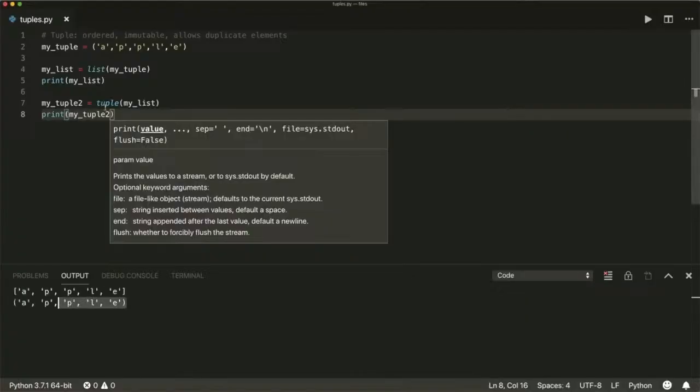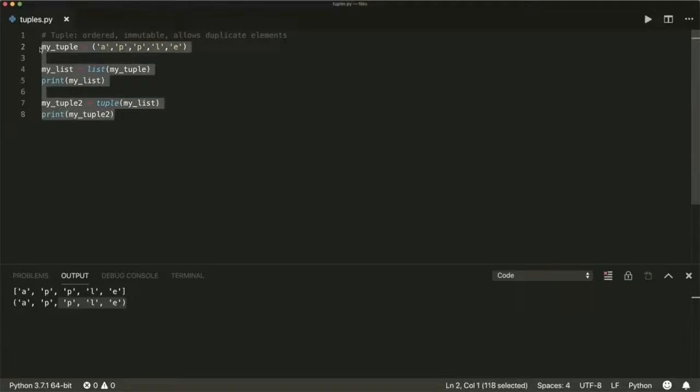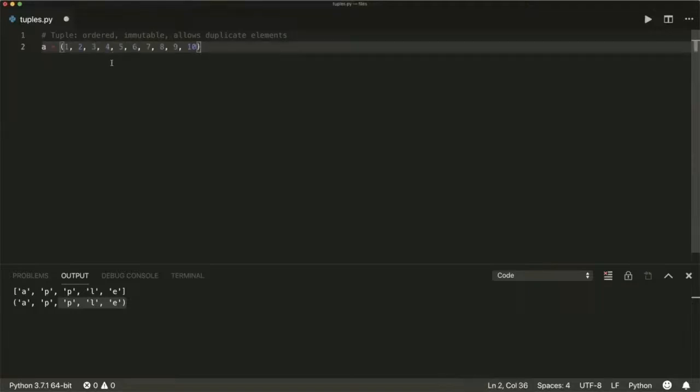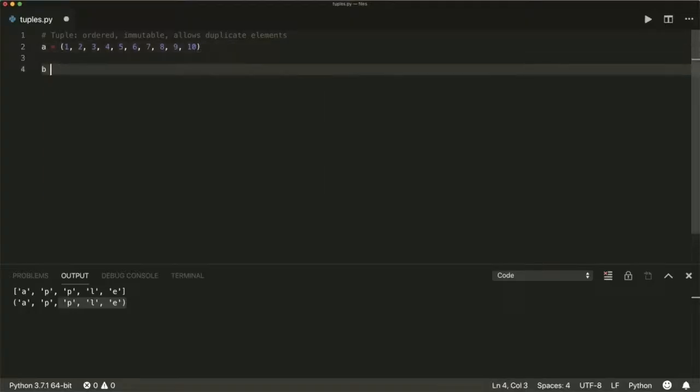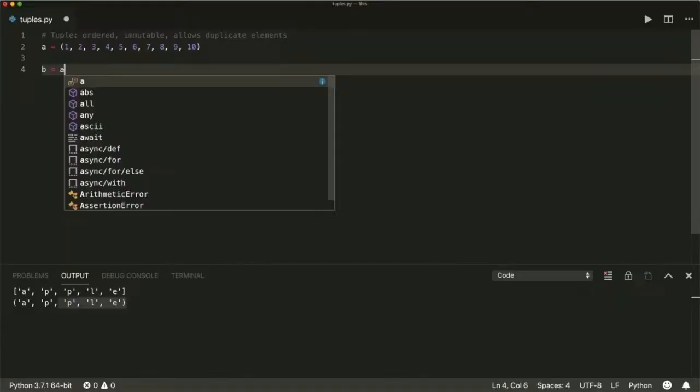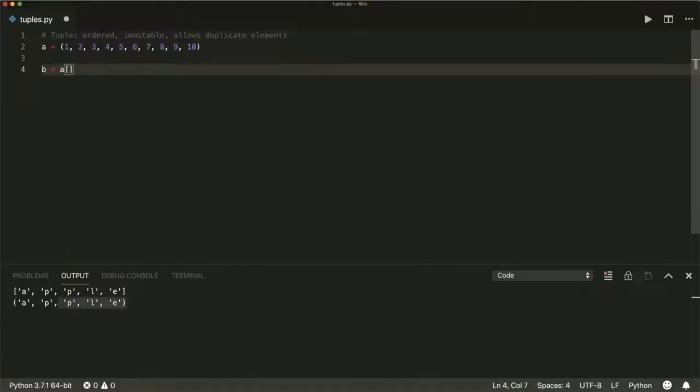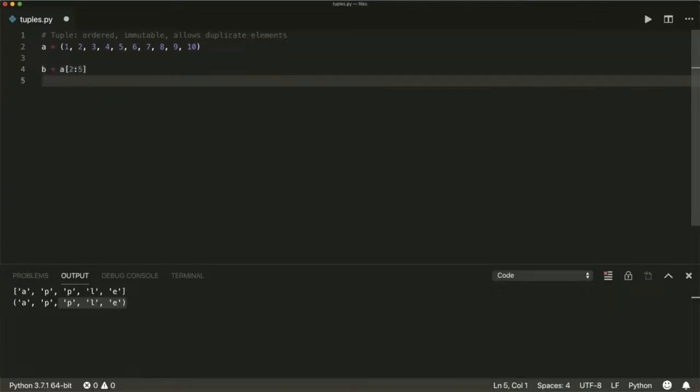Now let's talk about slicing with tuples. So slicing is a very nice way to access subparts of your tuple with the use of the colon. So for example, let's create a tuple with some numbers in it, and then the syntax is we use the original tuple, and then inside brackets we specify a start and a stop index. So for example, from 2 to 5, and if we print this,